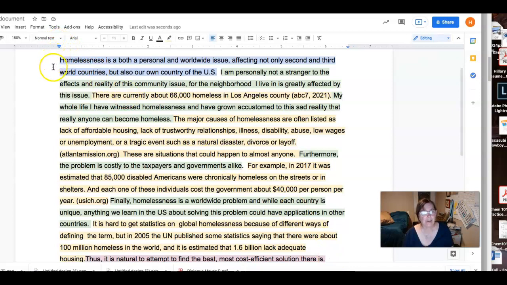This new paragraph isn't perfect. I could probably tweak it so that it reads more flowingly, but I feel pretty happy about it, that it's convincing my reader now that this is a very important problem from several different points of view and also with several different types of data.